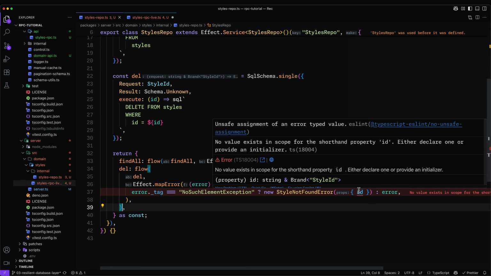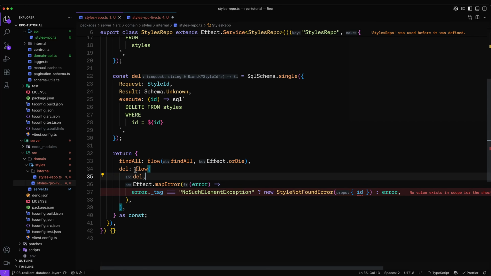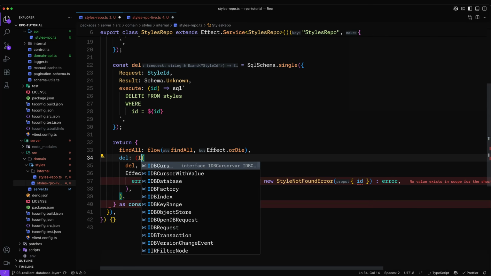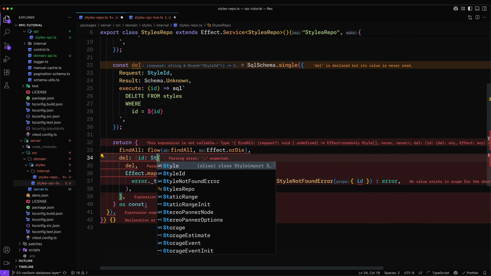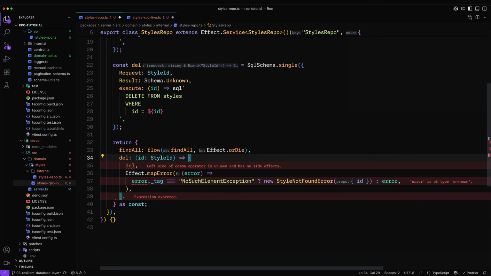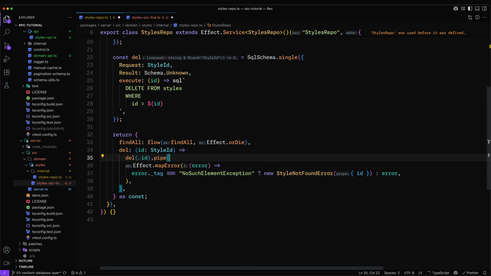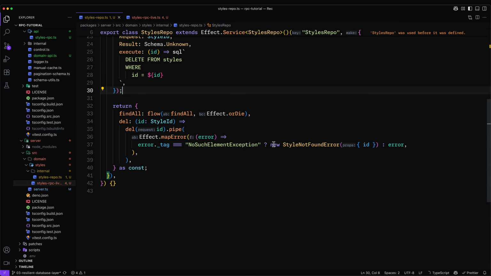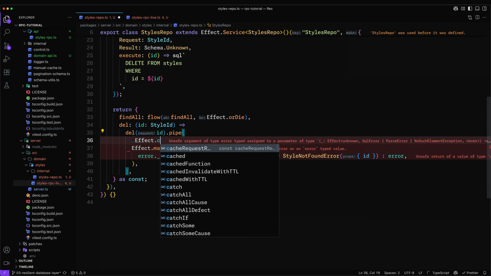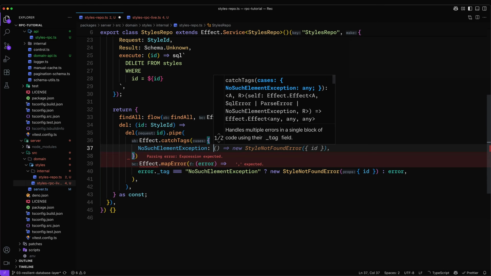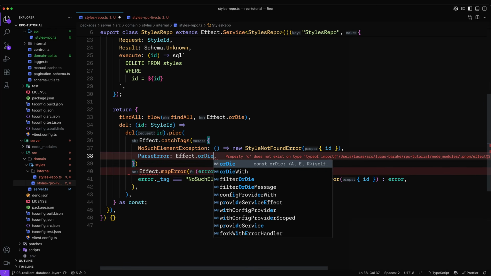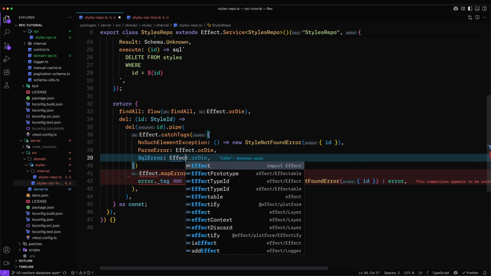And right, we do not have the ID here because this is a flow, which is basically a lazy pipe. So we need to change this to an actual function where we must pass in the ID and then delete with a pipe. Great. So now this should work except for the error. Makes sense. So instead of a map error, I'll actually change these to catch tags. So this will be a no style found error, and then here we're going to say effect.orDie, and same for